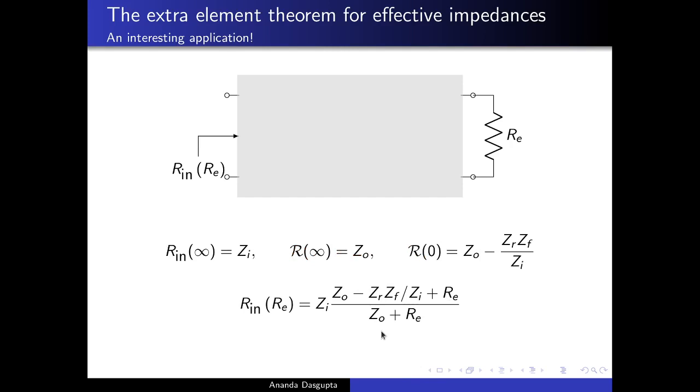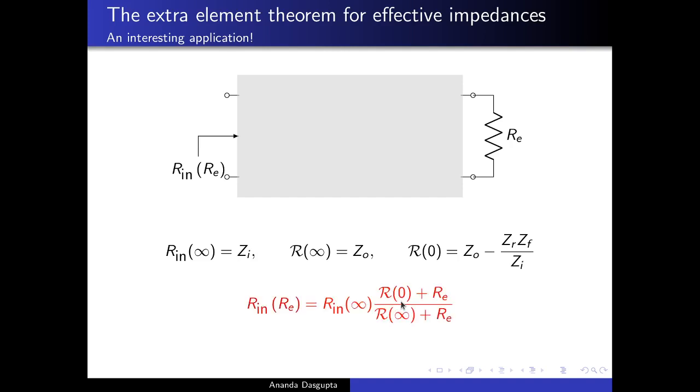But now notice what we have. The three quantities that we have up here, the three special impedances: the input resistance that I measure with the output open or the extra element removed is the factor sitting right in front here. The factor sitting along with Re here is nothing but the resistance which you see from the output terminal when the input is removed. And if the input is shorted, the resistance you see from the output terminal is actually this whole expression here. So finally we end up with